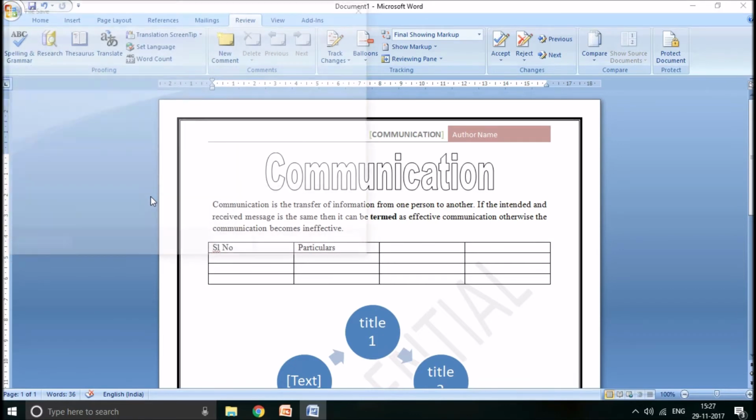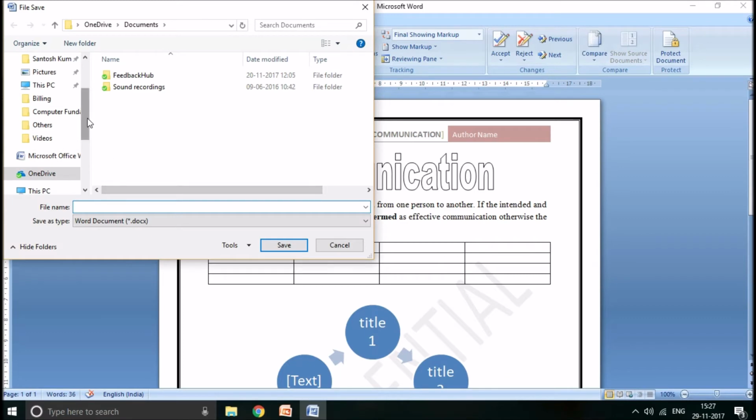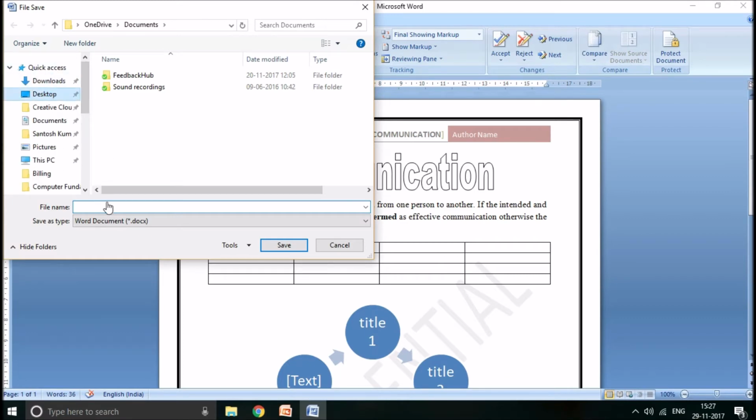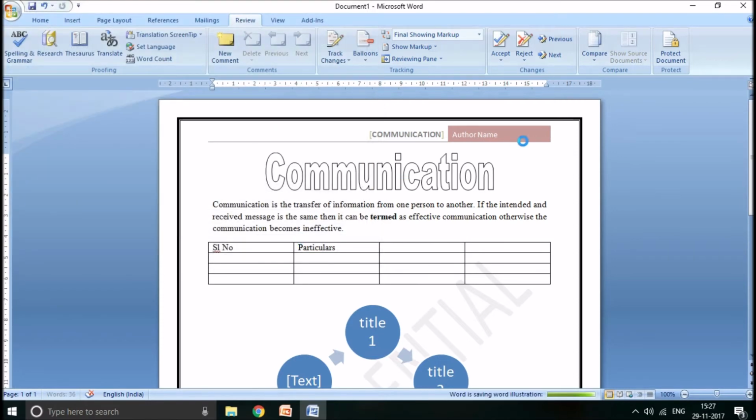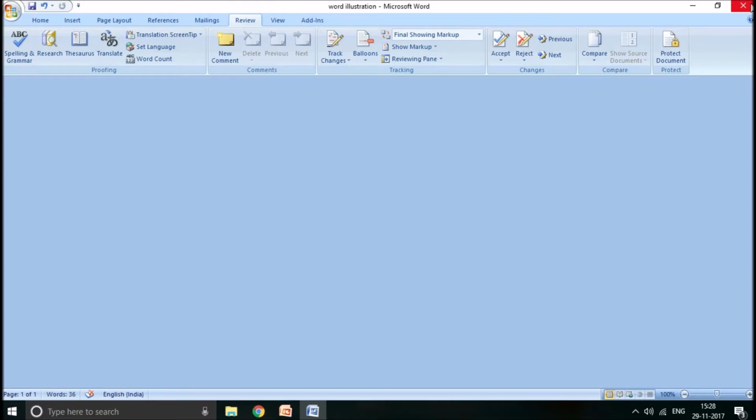It will ask which location in your computer system should I save. So I'll just select desktop, give the name as Word illustration and say save. Now once this is saved, you can see the title bar. The document 1 has now changed to Word illustration. This shows that the document is now saved. If you now do any changes, you can directly click on this particular button or Ctrl S to keep saving in the same location.